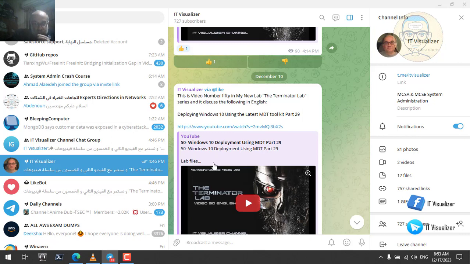Today we will talk about how we can deploy different operating systems without having a WDS or an MDT. You only need the ADK installed on a PC and a PowerShell module called OSD. When these two tools are combined together, we will have